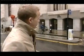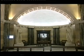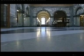And that's usually about it for what you can actually see of the most important criminal court in the land. Except today, we're allowed inside. There are 18 courtrooms linked by imposing waiting areas that usually bustle with lawyers, the relatives of those on trial and journalists. For 100 years, these courts have been trying the most serious criminal cases, which have carried the most